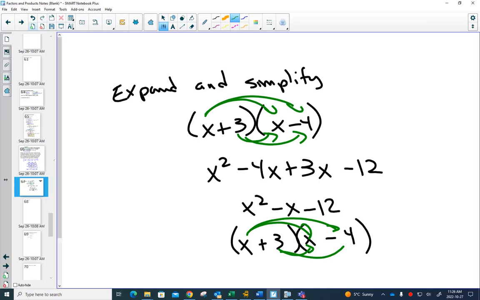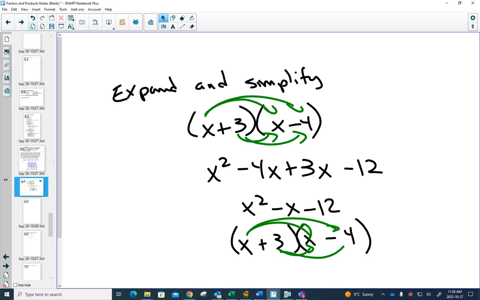And then they FOILed it again. And they kept going in circles until they made a mistake and they got one that could not be factored. And then they said, can't be factored, and they ended their question. And I was like, it's really important that you know what the words mean, right? And don't just look at the question and say, oh, what could I do next? Because you can definitely, can you see you could go in circles forever? Oh, I can expand this. And then be like, oh, I can factor this. Oh, I can expand this. Oh. And then just circles and circles and circles until eventually you make a mistake and have to stop. So,